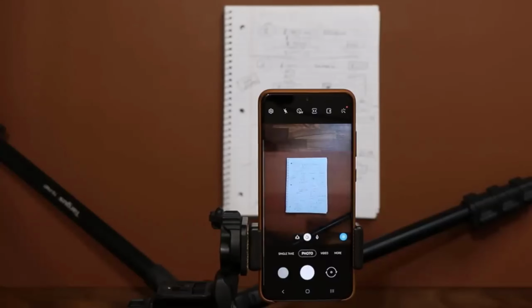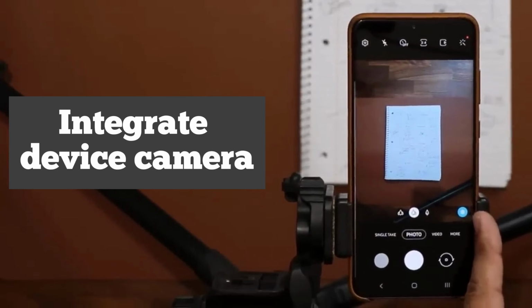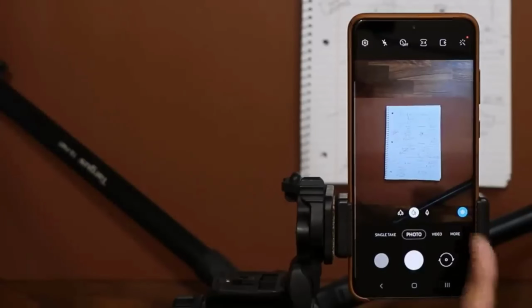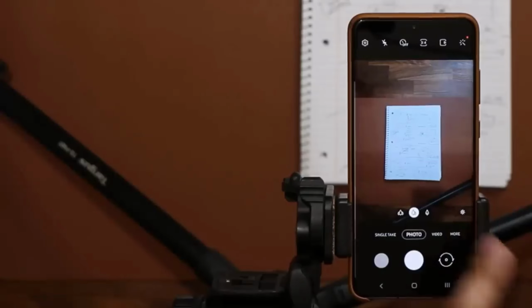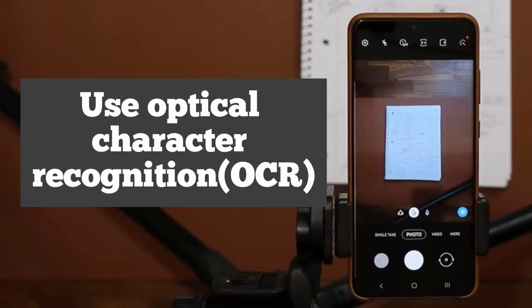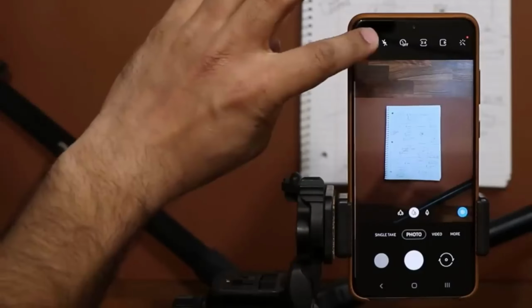Document scanner. Document scanner will help you explore mobile specific features and utility app design. You learn how to integrate the device camera and optimize image quality, and also add features like cropping, filters, and perspective correction. You learn how to extract text using optical character recognition, and you can also export scanned documents